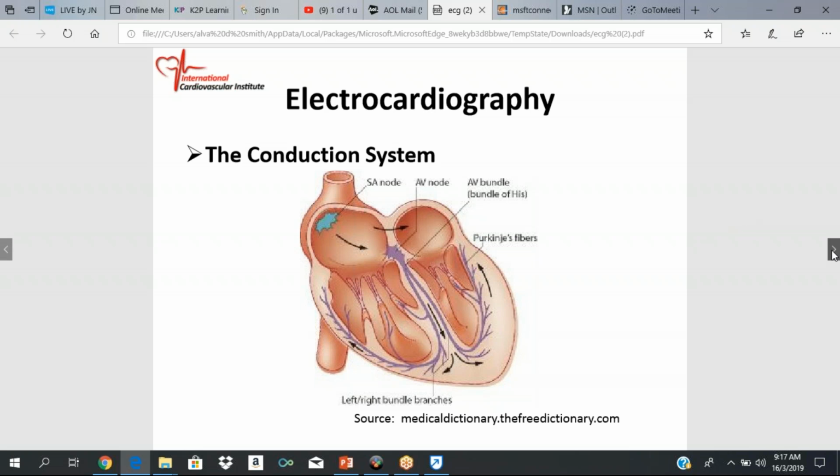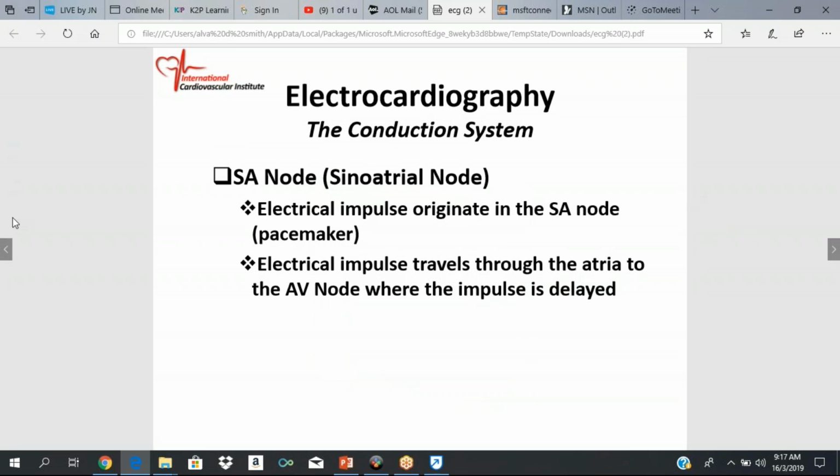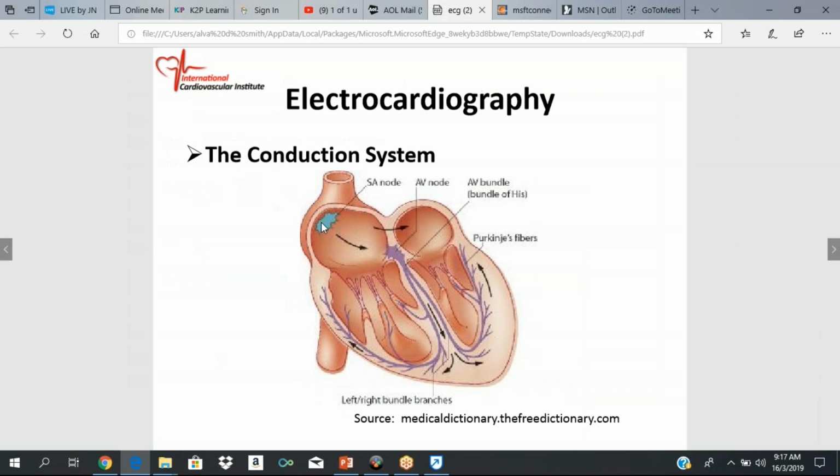All right, so your electrical impulse is generated here, and you don't need anything to cause this firing. This constantly fires. So from the day you were conceived, this SA node constantly fires to stimulate the heart muscle, so the heart muscle pumps. So the electric impulse starts in the SA node,